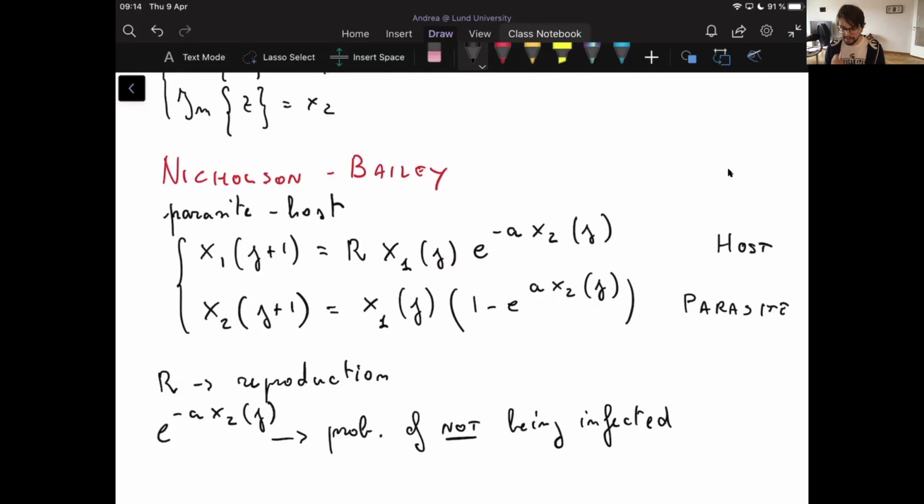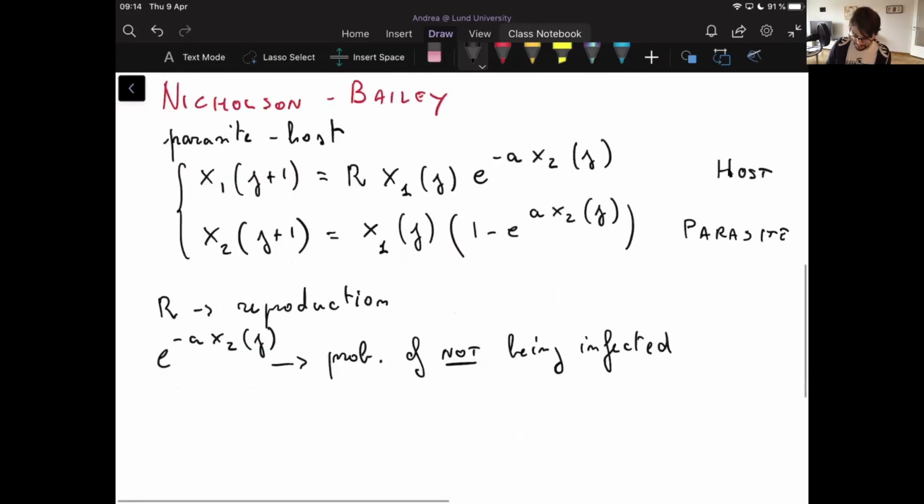So if your host is infected, it will not be alive the next year, and it will not reproduce for that year. Therefore, x1 times e to the minus a x2, if we put j here, this is the active